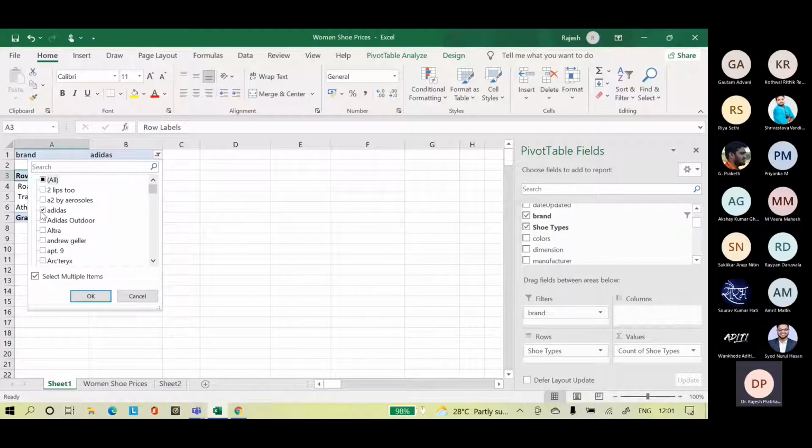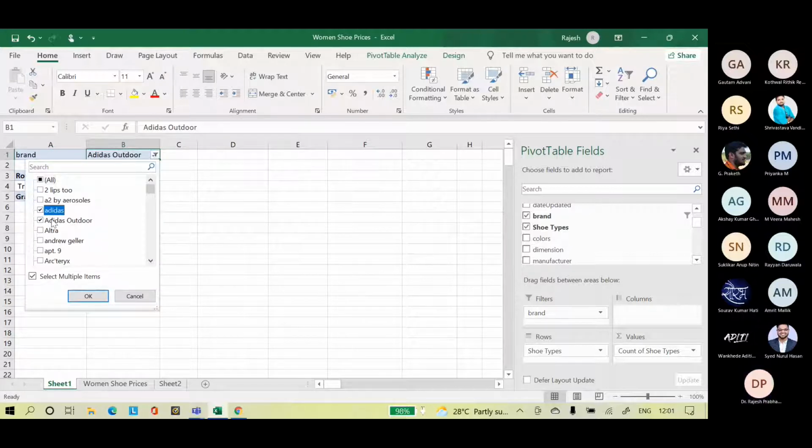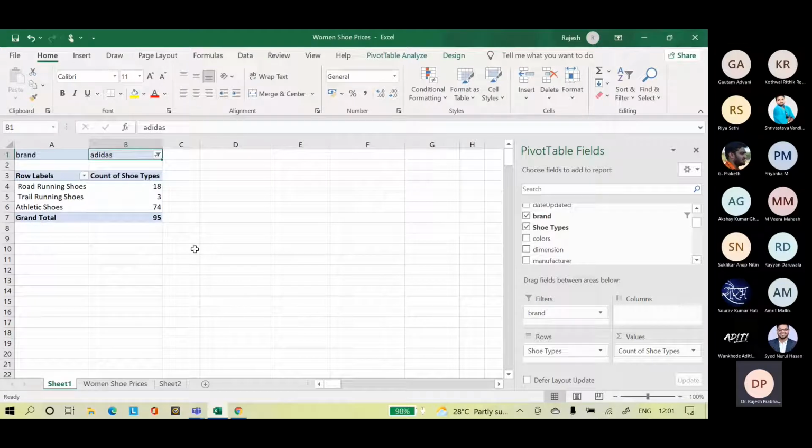Similarly, Adidas outdoor trailing shoes, only 5 are there. Okay. So we have Adidas, this many shoes, running shoes, trail shoes.